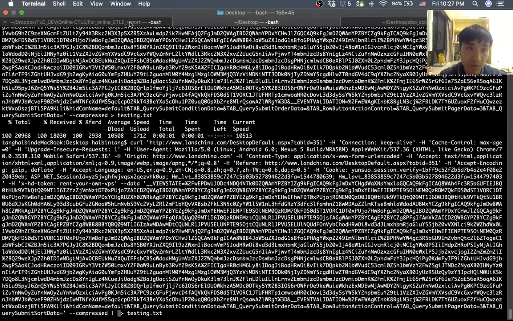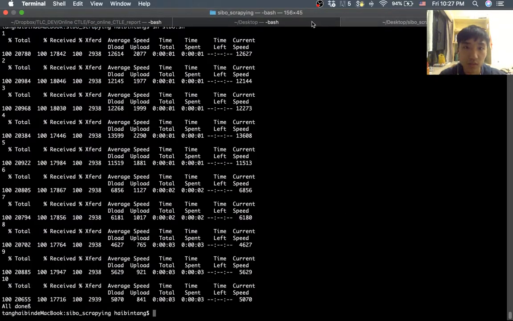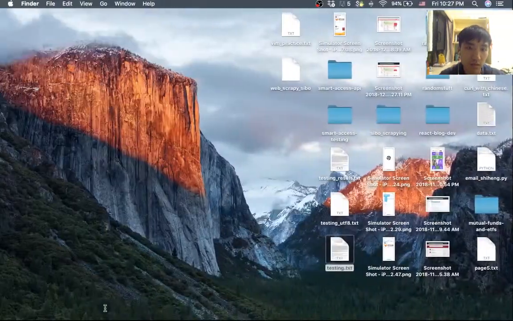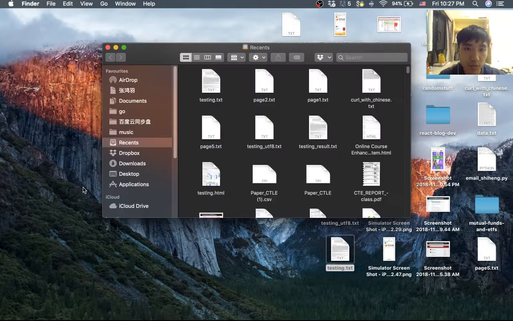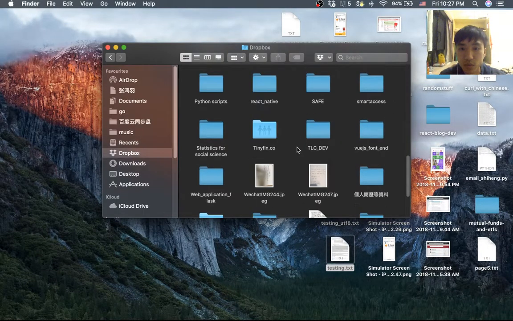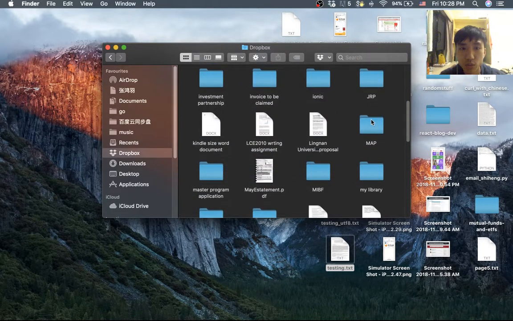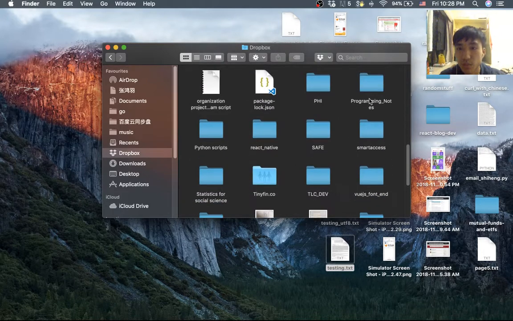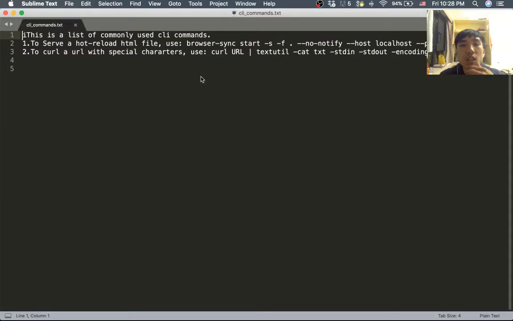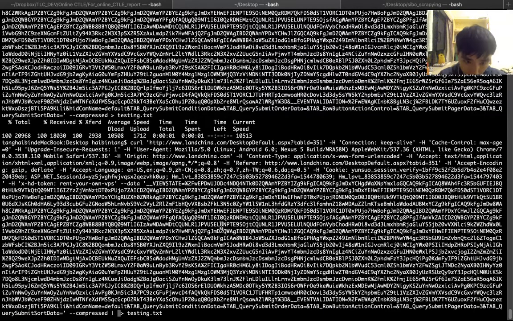The command to do that, by the way, I have it somewhere. Let me find it for you. Dropbox. I put it into programming notes. To encode, you use iconv. So that's the command we need. That's my programming note I did earlier to just remember what command to use in order for us to get